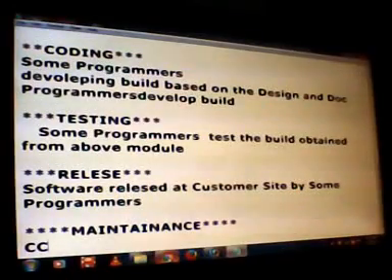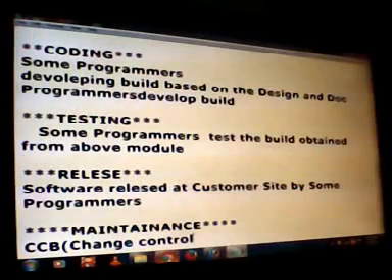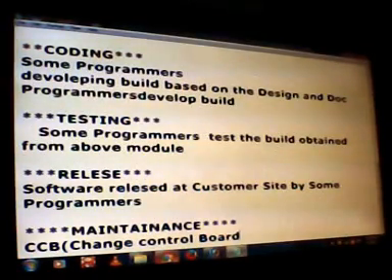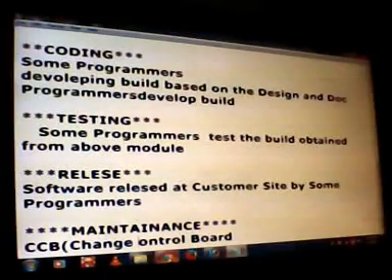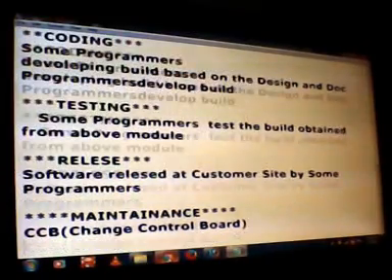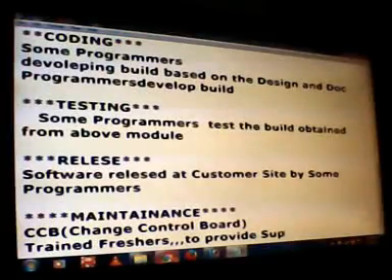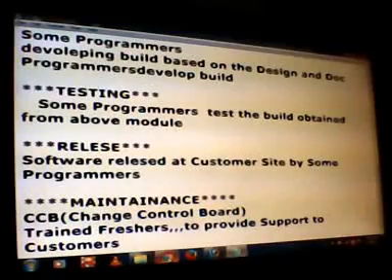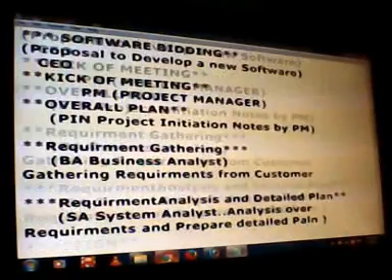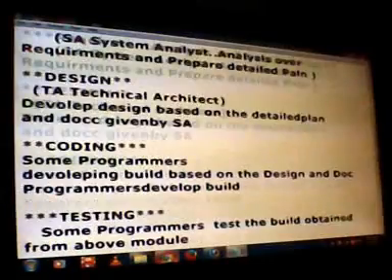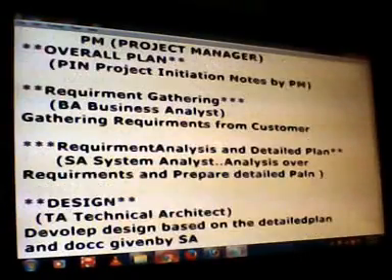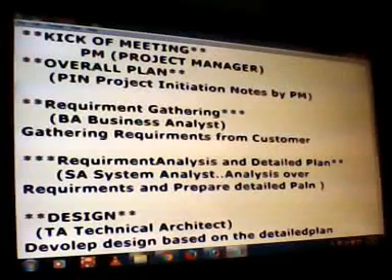Then in the maintenance phase, the CCB, change control board, maintains trained freshers who provide support to customers. All these modules are okay, but let us observe where the change is happening. This is the overall process.